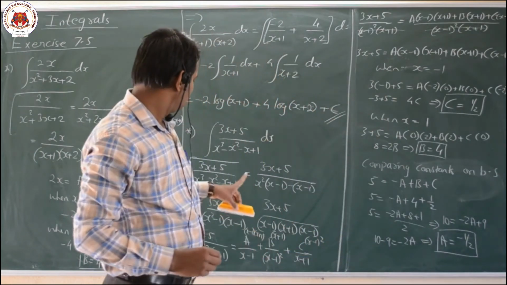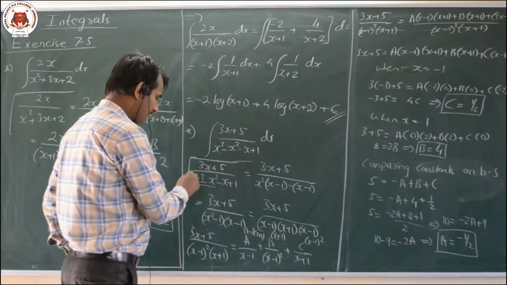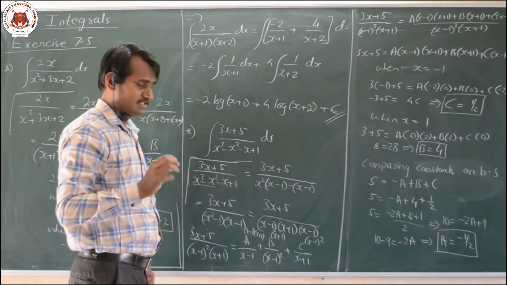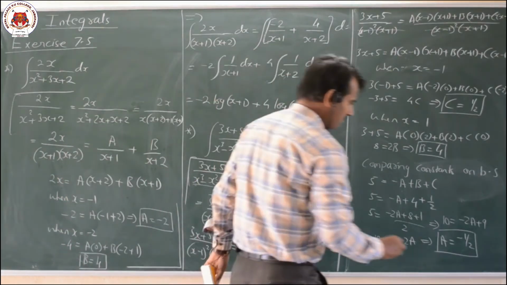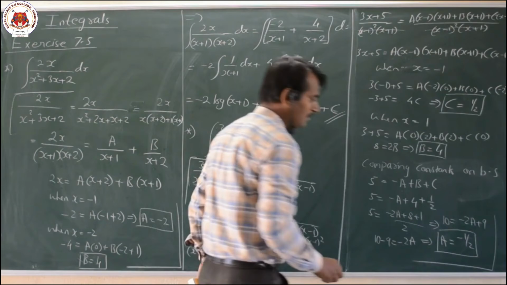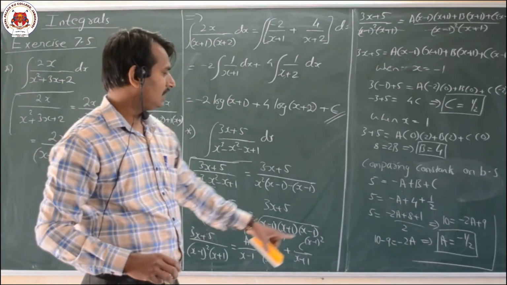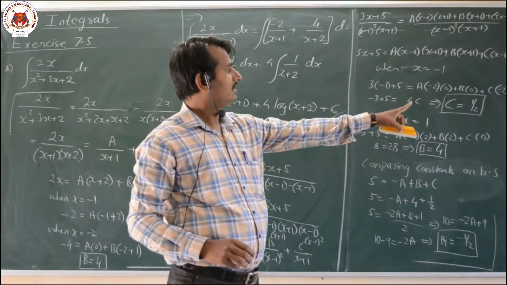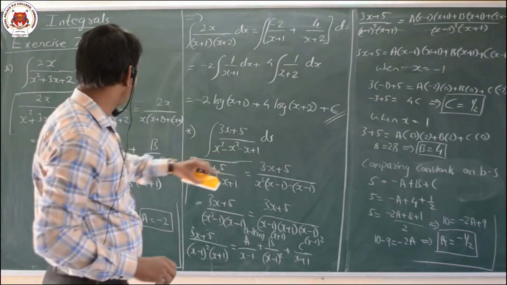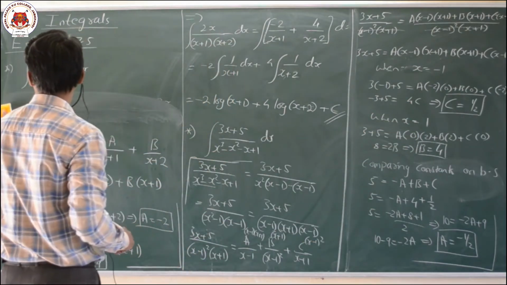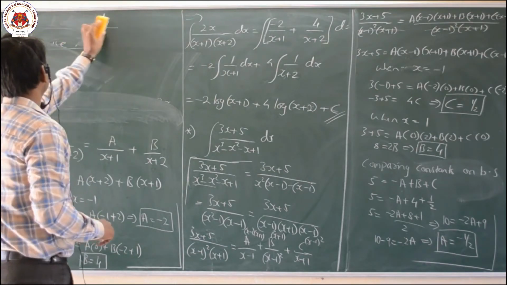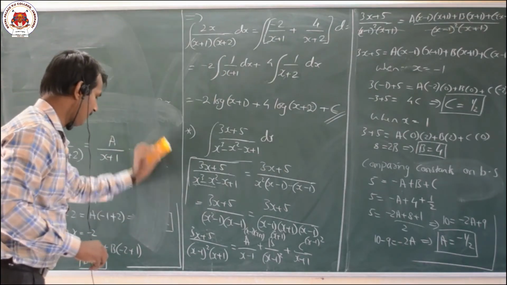Okay, dear students, this problem seems to be very lengthy, but it is a very, very simple method. So this whole concept is about the partial fraction only. Now we have to substitute all the values for a, b and c here in this question. Now let us observe here. Now here, what is the question here?